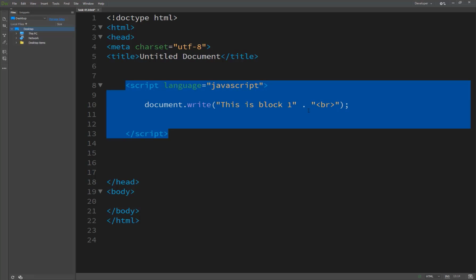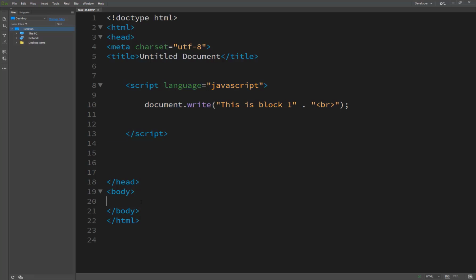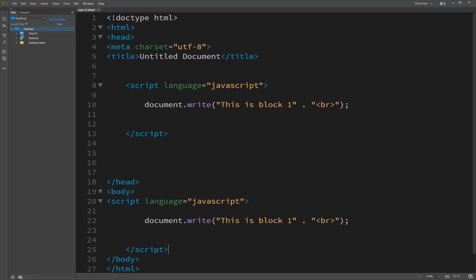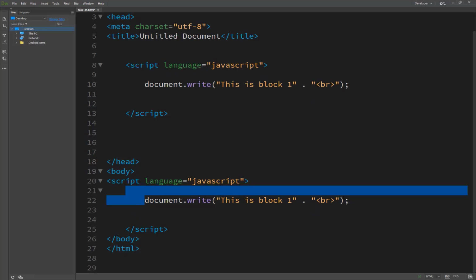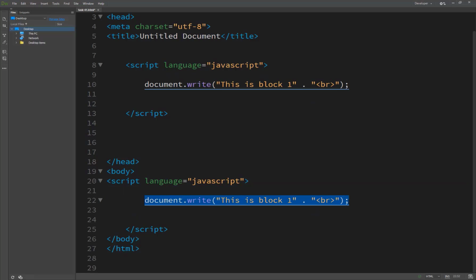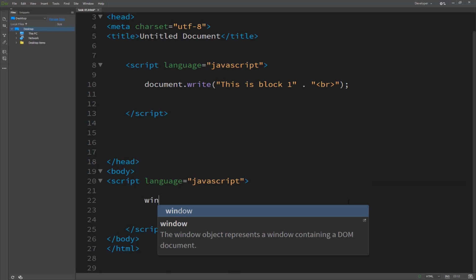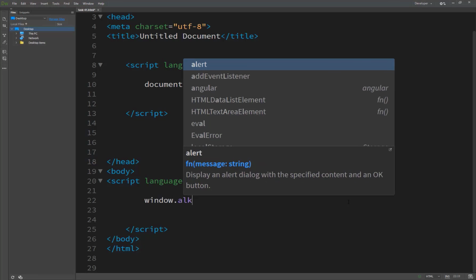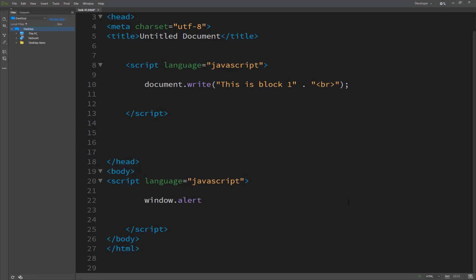So our task is adding multiple scripts in your page, and inside the body we add a script again, and in this script we have window.alert, this is block 2, but I think I am wrong.